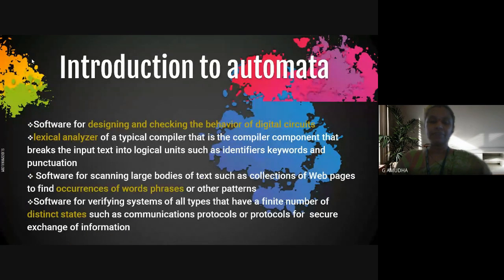Similarly, if I want to collect various web pages and find out whether a particular word or phrase is available in them, for searching, how will I identify a word? For example, I'm searching for the word and. How will I use this automata? You start in the initial state, get the letter A. After that, it is waiting for N. If it has got N, it is waiting for D. If it has got D, it should stop and return AND. So it will search the whole web pages and find wherever AND comes up. There also automata comes into the picture.